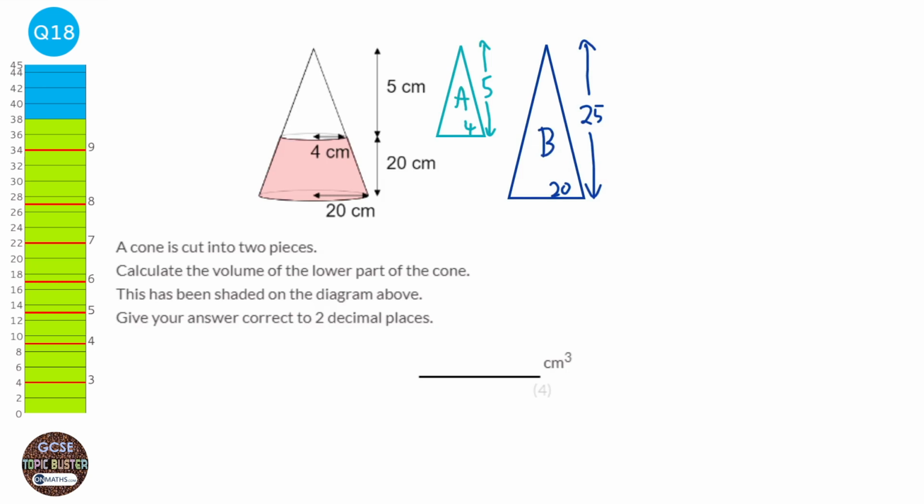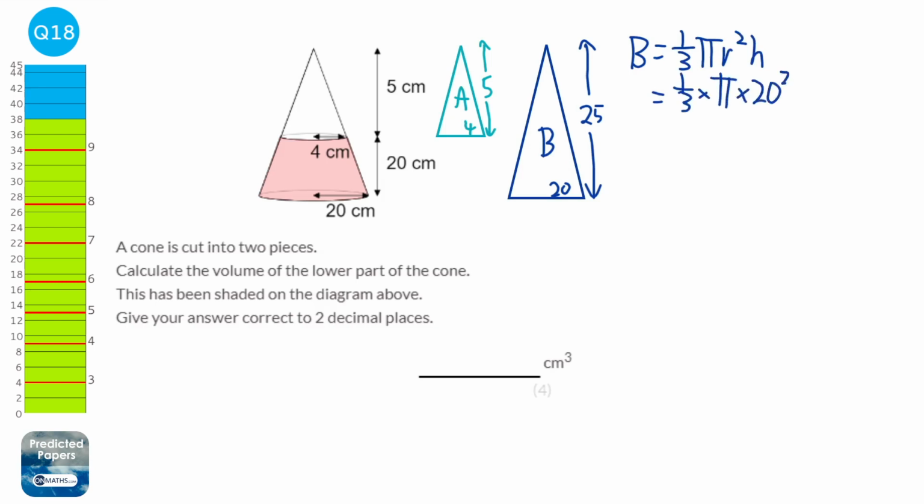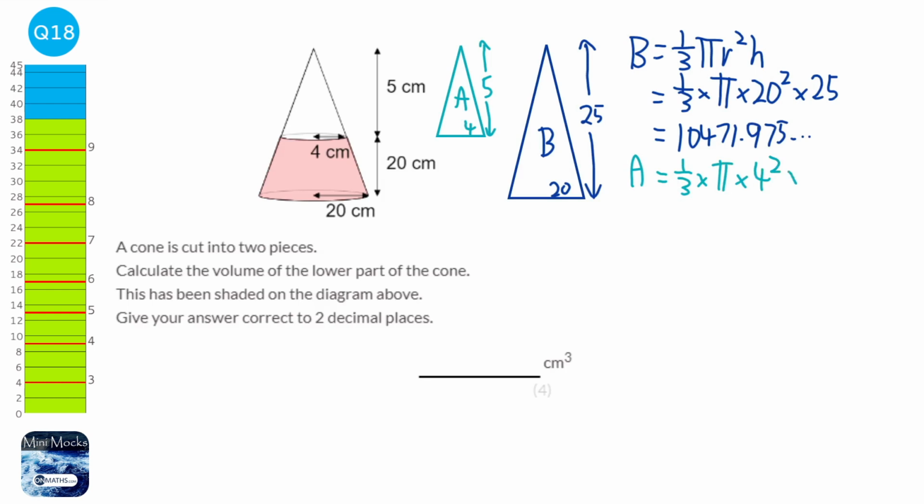So why don't we work out the volume for B first? And the formula for the volume of a cone is 1/3 pi r squared h, with h being the perpendicular height. So it's a third times pi times 20 squared times 25, which is going to be 10,471.975... We're going to work out the volume for A, and this time it will be a third times pi times the radius now is 4, and the height is 5. So that will be